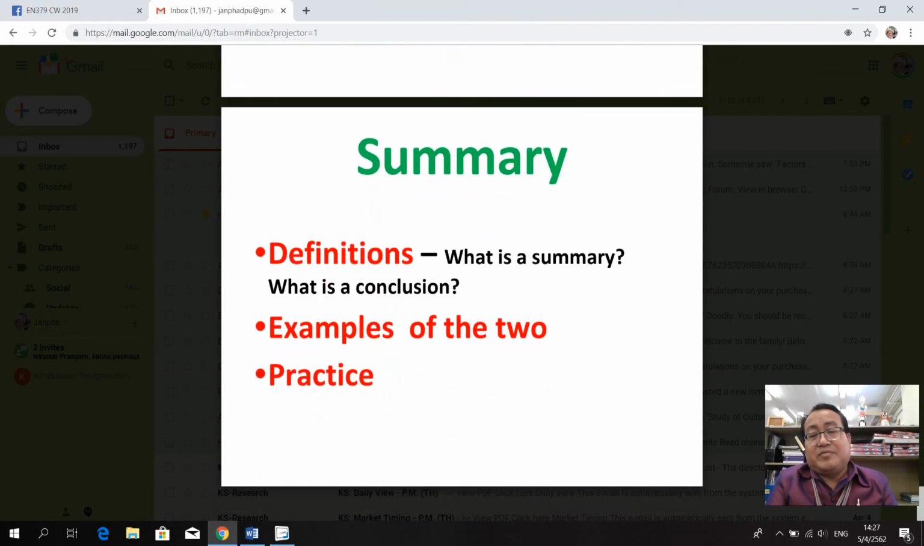So just to sum up, we looked at the definitions of a summary and a conclusion, and I made the point that the two terms, a summary and a conclusion, are not exactly the same thing. We looked at the examples and we did a bit of practice. I hope you understand what's meant by a summary and a conclusion, and I hope to see you in class